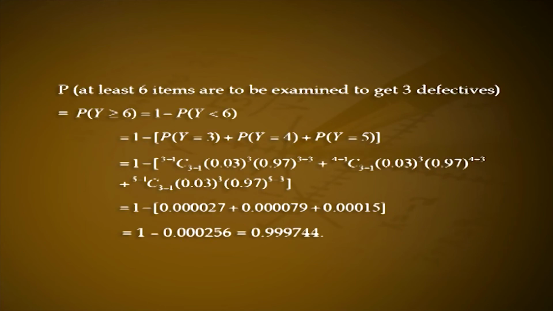Probability that at least 6 items are to be examined to get 3 defectives is equal to P of y greater than or equal to 6, that is equal to 1 minus P of y less than 6, that is equal to 1 minus of P of y equal to 3 plus P of y equal to 4 plus P of y equal to 5, that is equal to 1 minus of 3 minus 1 C 3 minus 1, 0.03 raised to 3 into 0.97 raised to 3 minus 3 plus 4 minus 1 C 3 minus 1, 0.03 raised to 3 into 0.97 raised to 4 minus 3 plus 5 minus 1 C 3 minus 1 into 0.03 cube into 0.97 raised to 5 minus 3, that is equal to 1 minus of